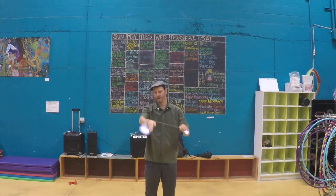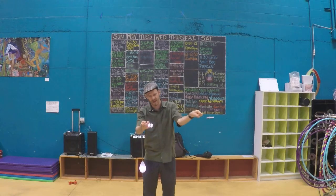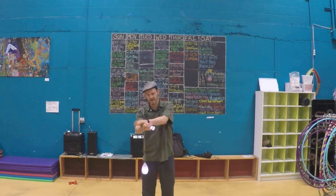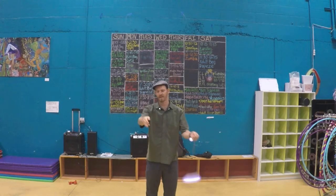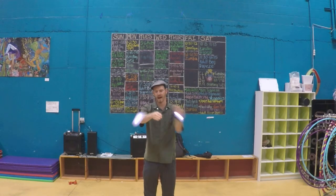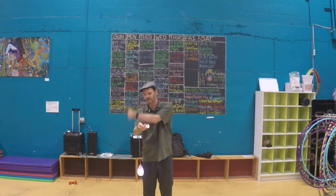And from there, right as it's about to hit your hand, you want to slide your other spinning hand over to this side and miss hitting your wrist. So I'm hitting my wrist, hitting my wrist, hitting my wrist, and then I miss. And that forces you to move your hand the amount of distance that will naturally line you up for